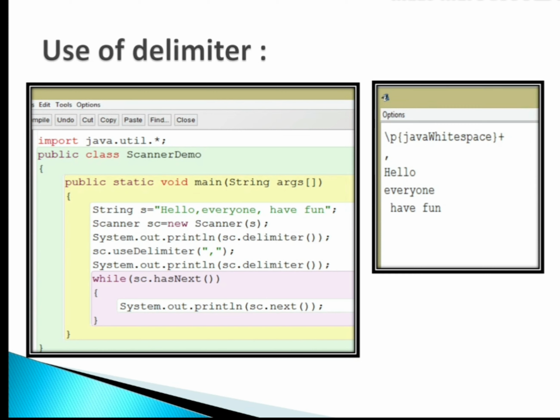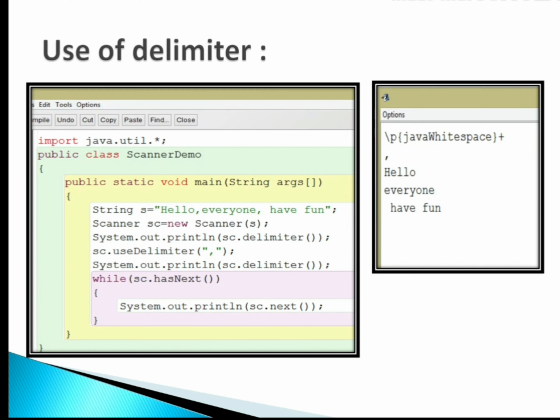Hello separated with comma, everyone separated with comma, and have fun is not having any comma there. But remember, scanner always provides a delimiter at the end so that it can pick the last token also.